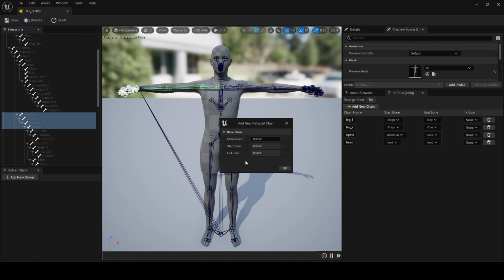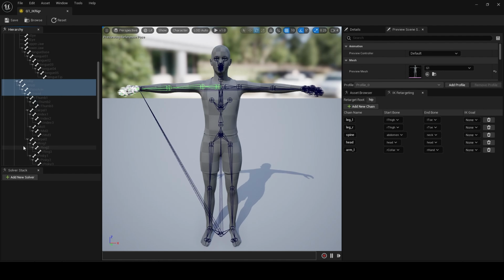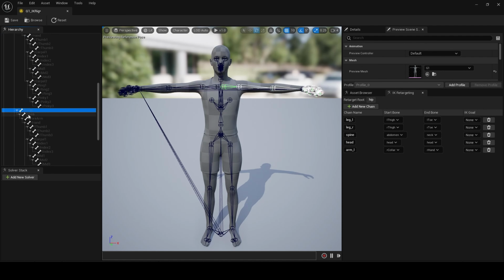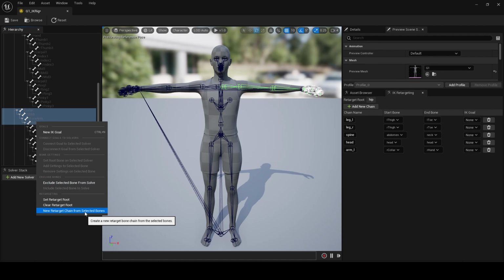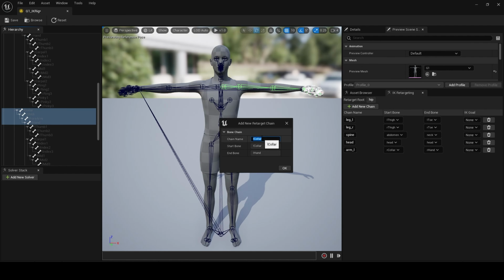arm left, and then let's do the other arm. So collar, shoulder, forearm and hand, and we then do arm. Oops, I have messed this up, haven't I? I've done the right.